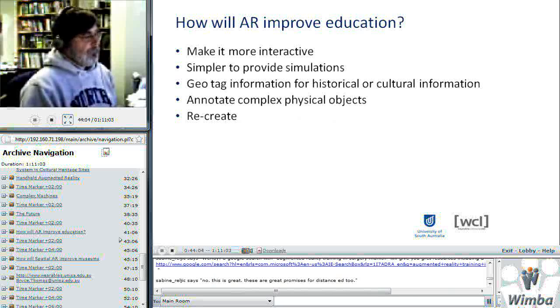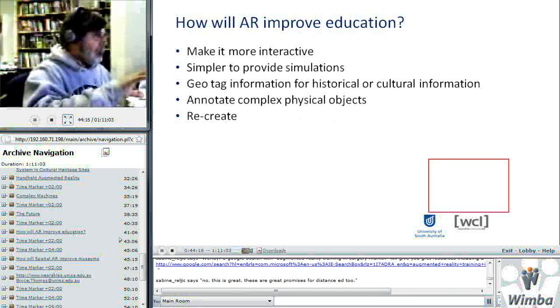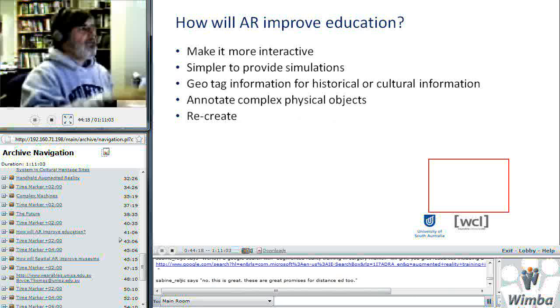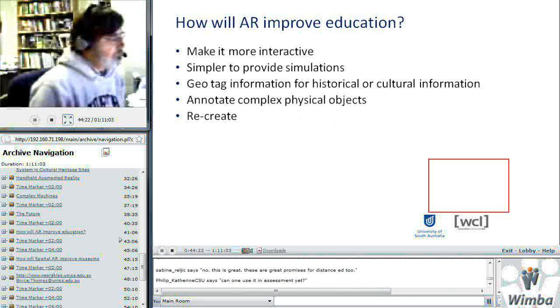Yeah, it holds great promise for distance ed too, because in some strange way, being able to do this, it's a little bit like AR, but if we can direct people's attention to things and put artifacts in and be able to make it feel like we're both closer into the same room,